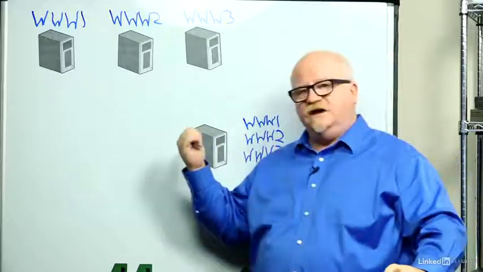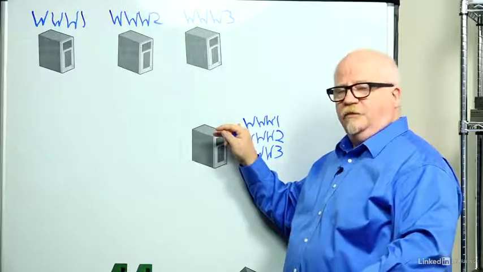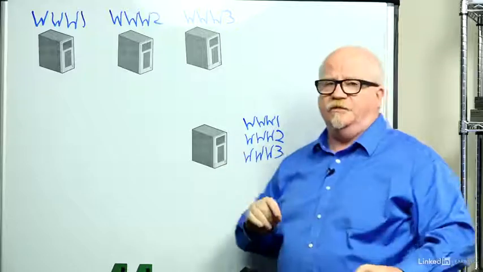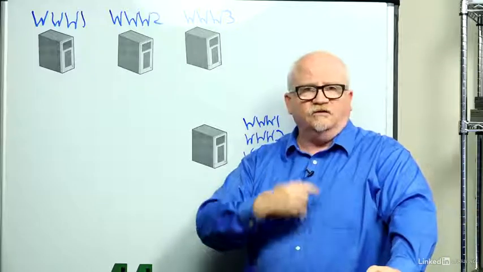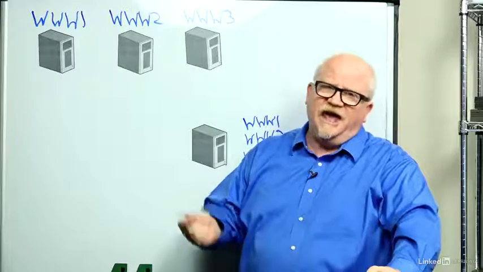and I'm going to have a kind of a special DNS server. And what this DNS server does is that when a request comes in, first he gives it to number 1. The next request comes in, then he gives it to number 2. Next request comes in, then he gives it to number 3. This is about the first generation of load balancing called round robin, and it worked okay, but there were some